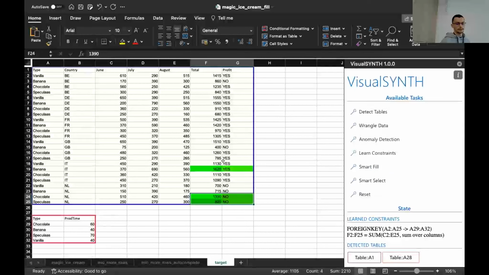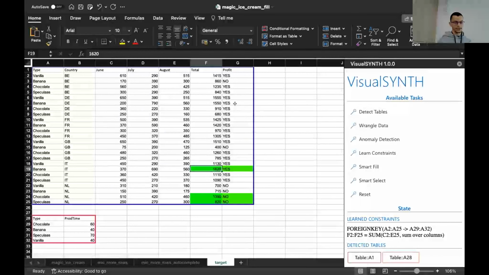So now if I try to smart fill, we get the 1620, the exact value. So here is a typical use of the auto-completion module of the Synth project, which combines predictors and constraints all together so they can give the best results.